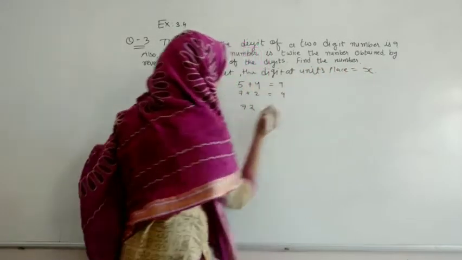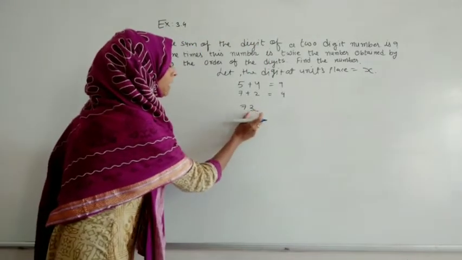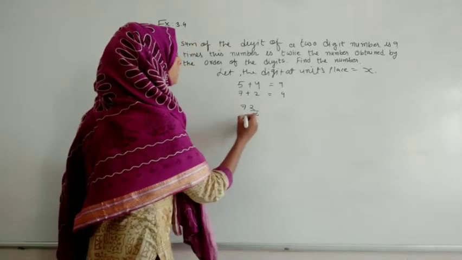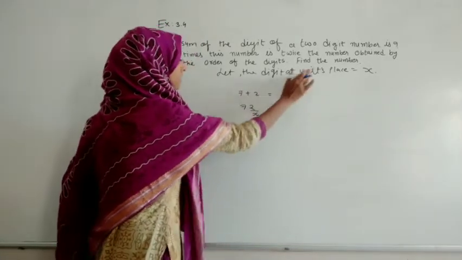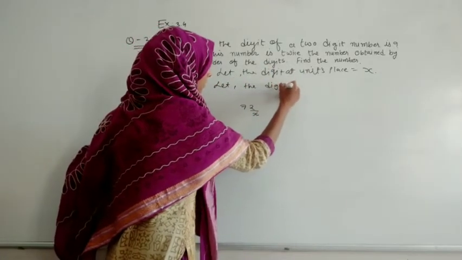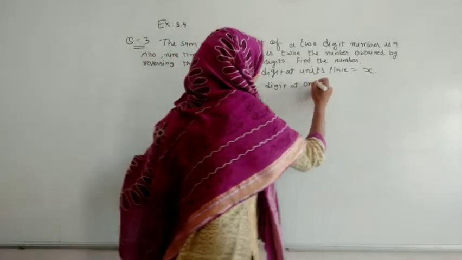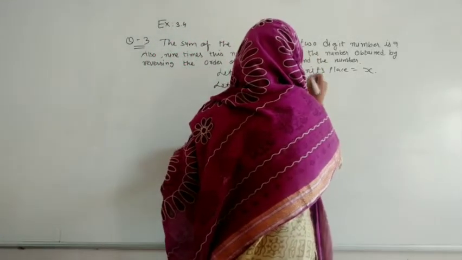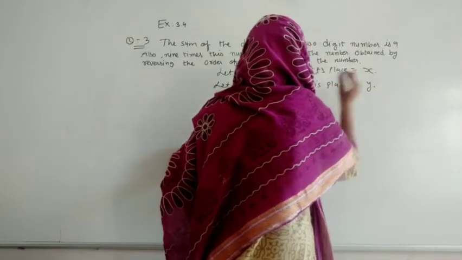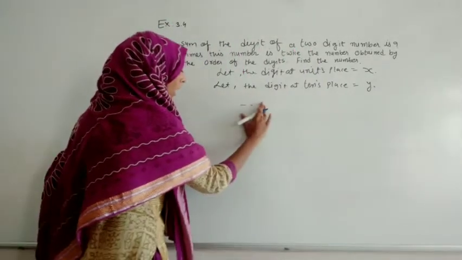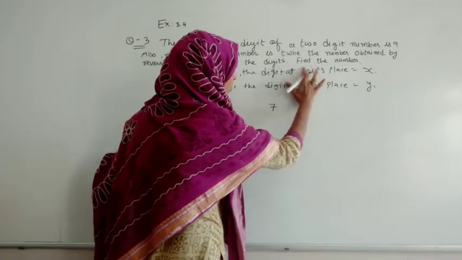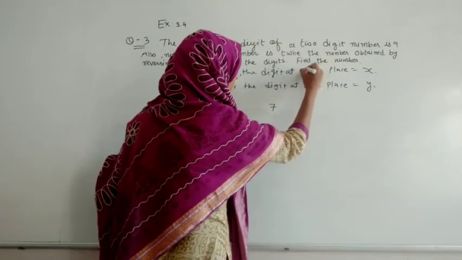that is x. यानी यहाँ पे अगर ये 2 है वो यूनिट प्लेस पे है और ये टेंस प्लेस पे है. सो हमने गैस किया कि सपोज इफ इट इज इन द फॉर्म ऑफ x, so let the digit at ones place be x and the digit at tens place is y. So how will this form? Here we can write units also, here we can write ones place also.